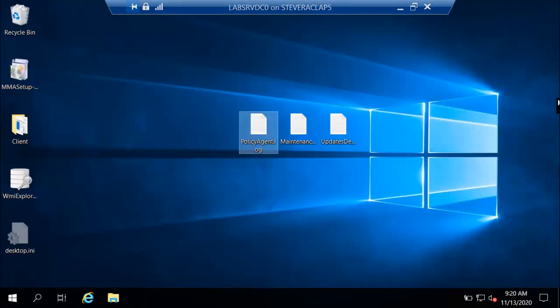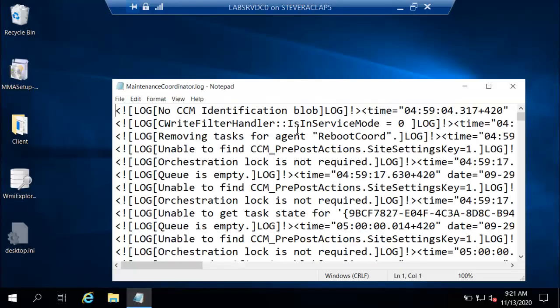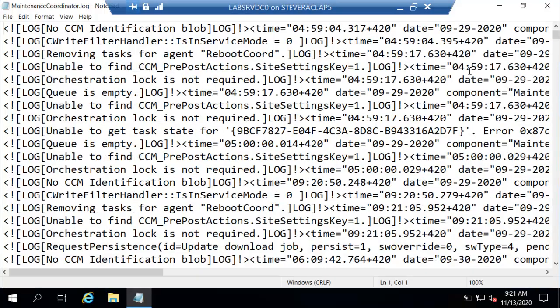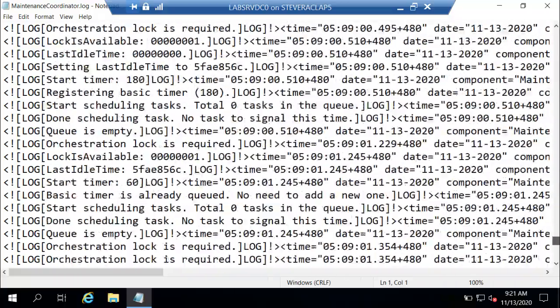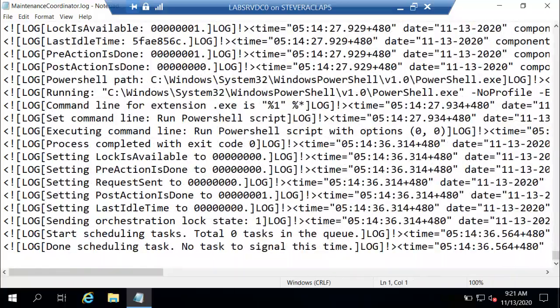So now that the machine has the orchestration group policy, we can go into the machine coordinator log, or the maintenance coordinator log, and go to the bottom. And there's just a few entries I want to show you here, kind of how things stack up. There's a lot of detail in the logs here, and I'm not going to search for every single thing, but I just want to show you a little bit of what you can look for